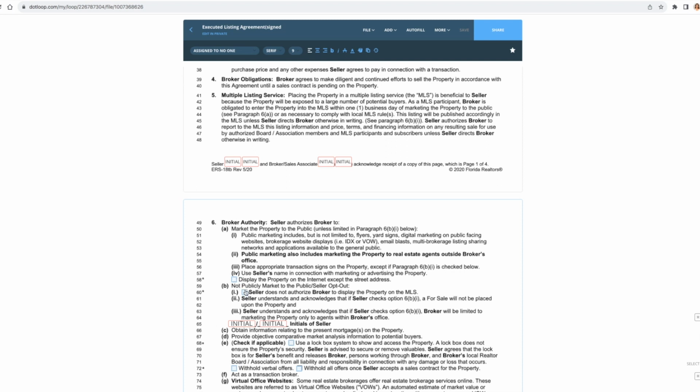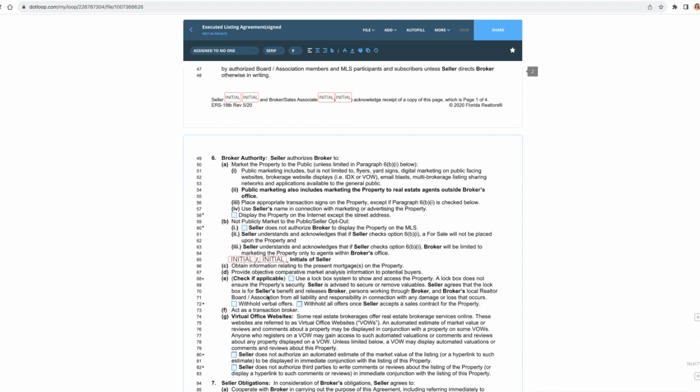If you leave them open, the seller still needs to initial that they are unmarked. If they are marked, the seller still needs to initial that they are in agreement with whatever is in this section, okay? Further down, it's section E. Are you going to be using a lockbox system to show and access the property? Yes or no? The seller agrees that the lockbox is for the seller's benefit and releases the broker or persons